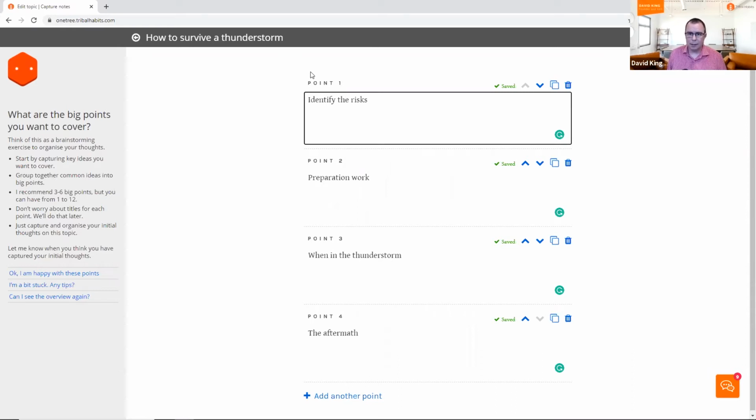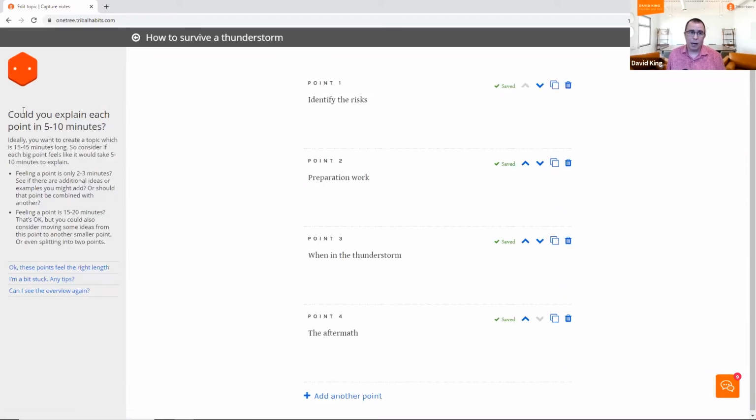I also need to think about the size. So if we keep working over here in tribal habits and we're working with Sage, our little digital designer here, the next question she's going to ask you is, are each of these points about 5 or 10 minutes? She's asking you to check, are each of these points an appropriate amount of information, or are any of them too short or too long? We don't want individual points that are too short because they're too simplistic. It's hard to get engagement. It's too much button clicking. We don't want them too long because then they're stuck in that point for a long time, never feeling any form of